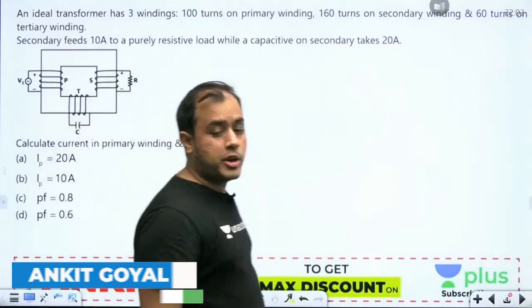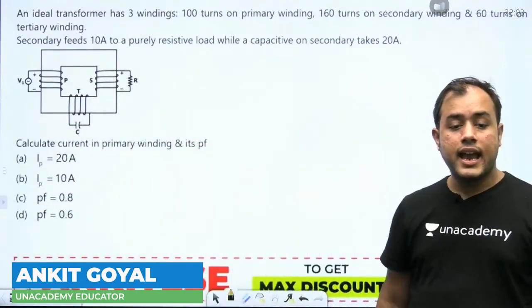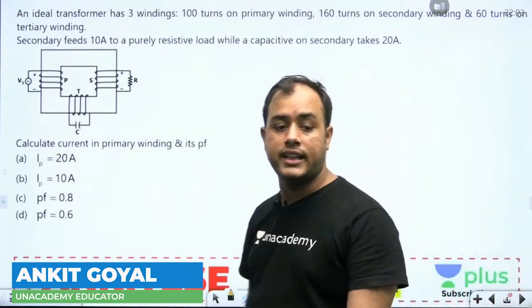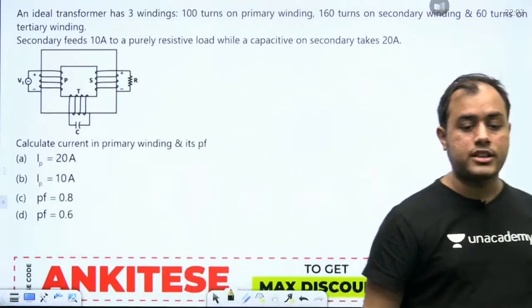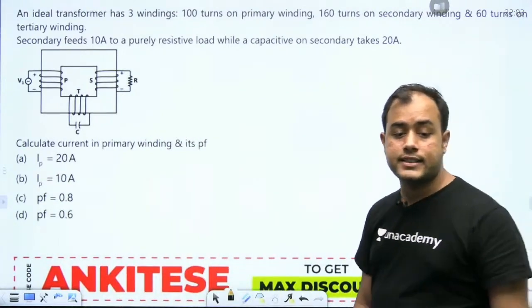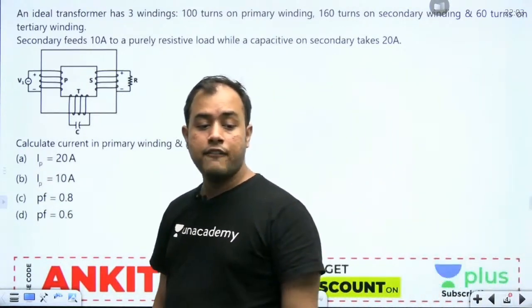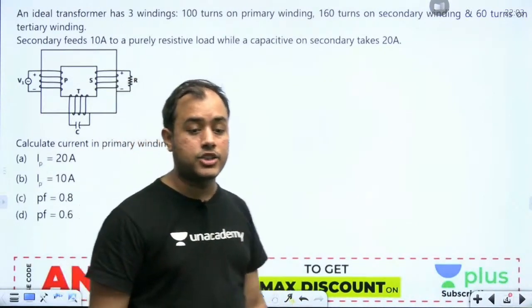So here is the first question, guys. An ideal transformer has 3 windings: 100 turns on primary, 160 on secondary and 60 on tertiary. Secondary feeds 10 ampere purely resistive load while a capacitive load on tertiary